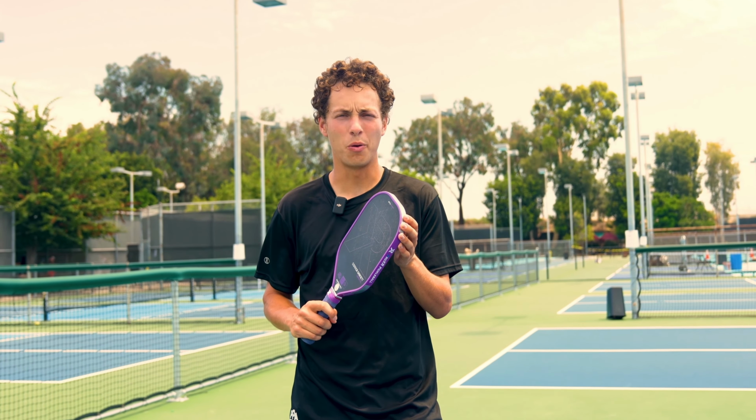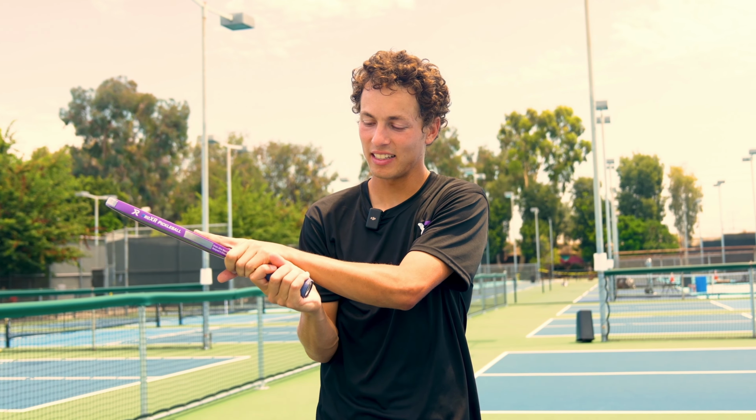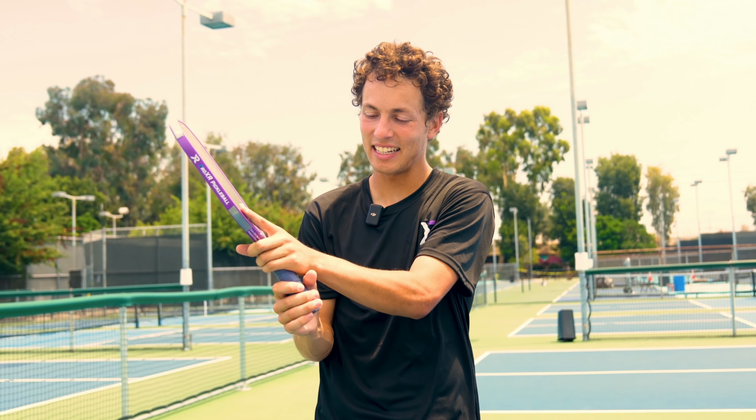So getting into the grip here, I'm gonna have that first hand on the paddle. Think of it as you're shaking hands. Then that second hand is gonna come right behind that first hand. I have an elongated paddle. I've played with a couple different paddles before as well. And if your hands don't fit like this on the paddle, you can slide this hand down or have a